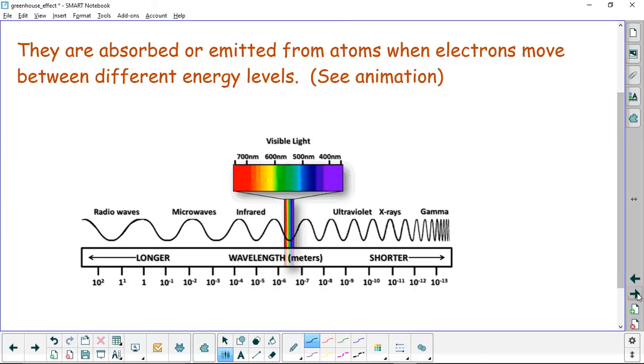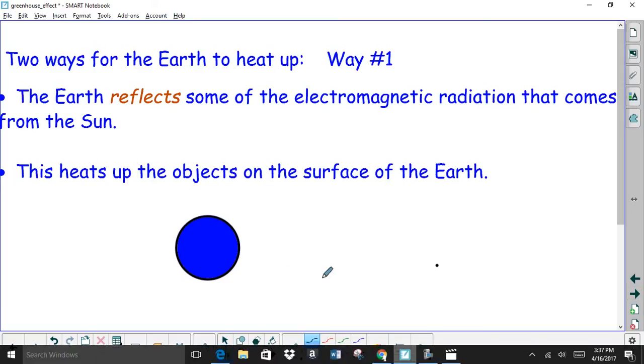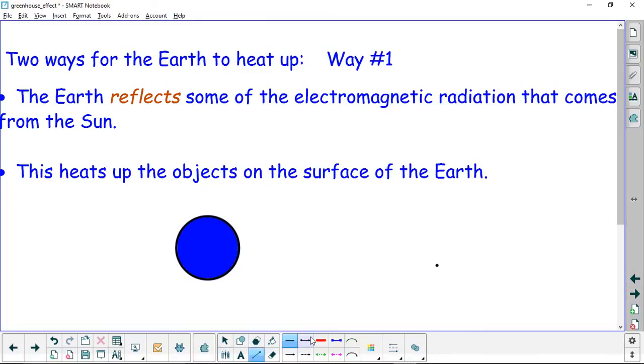Next thing we're going to look at is how this electromagnetic energy heats up our planet. So we've talked about what the sun is doing. Let's talk now about what's happening to the Earth when this energy encounters our planet. There are two ways in which our Earth heats up. And this is way number one. The Earth is going to reflect some of that electromagnetic radiation that comes from the sun onto objects on the Earth's surface. So my electromagnetic energy comes in